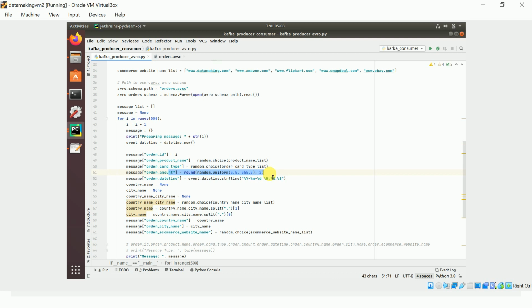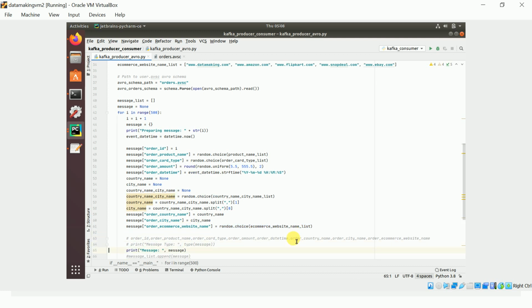Amount I'm generating from 5.5 to 555.5, with 2 decimals, and order date time, the current date in this format. Then picking a random country and city combination, splitting that into country name and city name variables, setting those into the message also, and picking a random e-commerce site here.